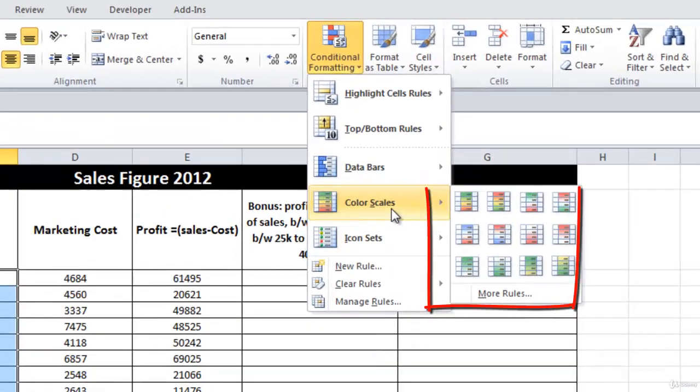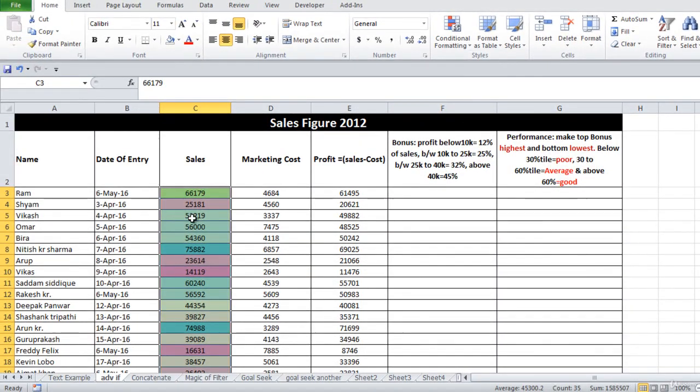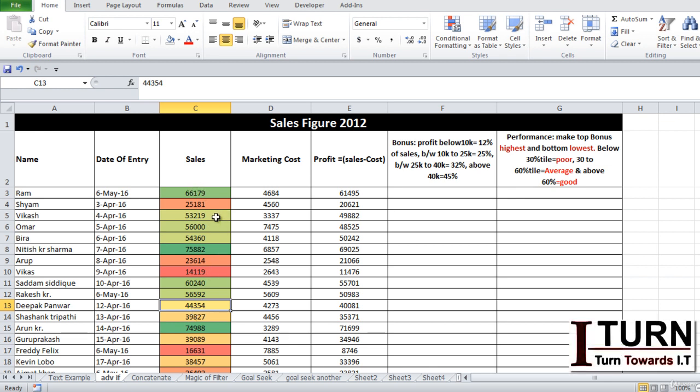Now let's move to color scales. Now this is the color scale. If I make the selection of this color scale, you may see the green is depicting that the value is very high, and red is depicting the value is low. Yellow is depicting the value is average. So if you are making use of this particular color scale, you will have to mention particularly and separately